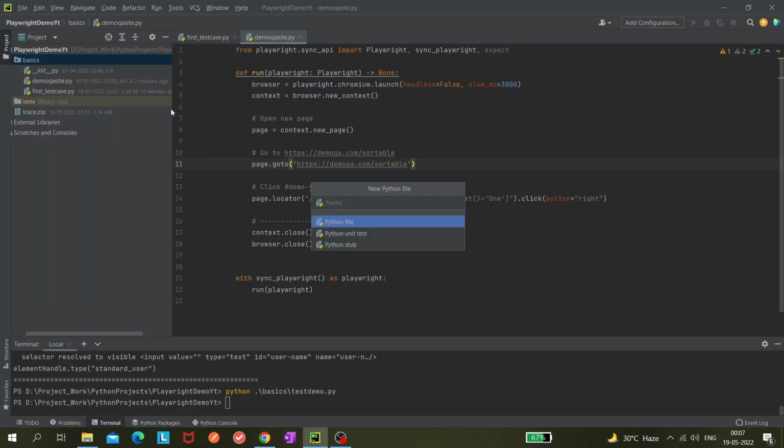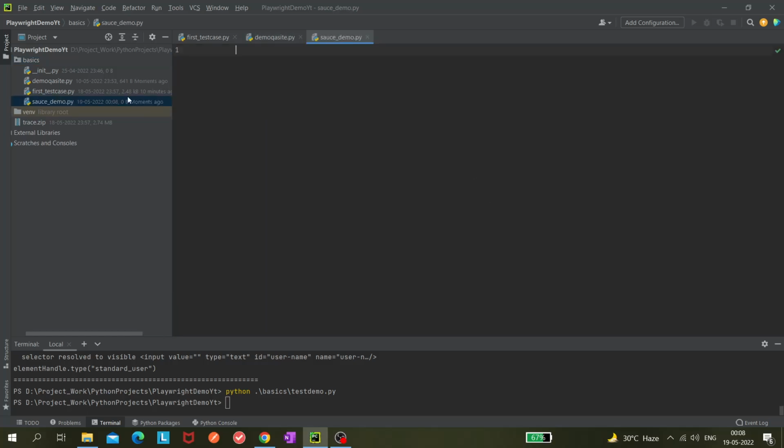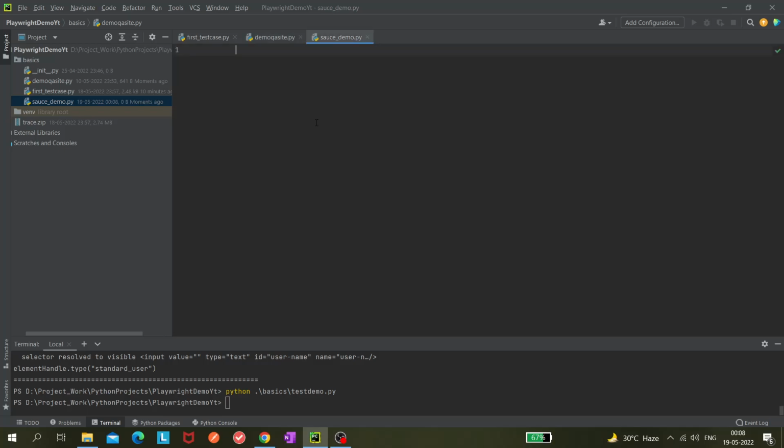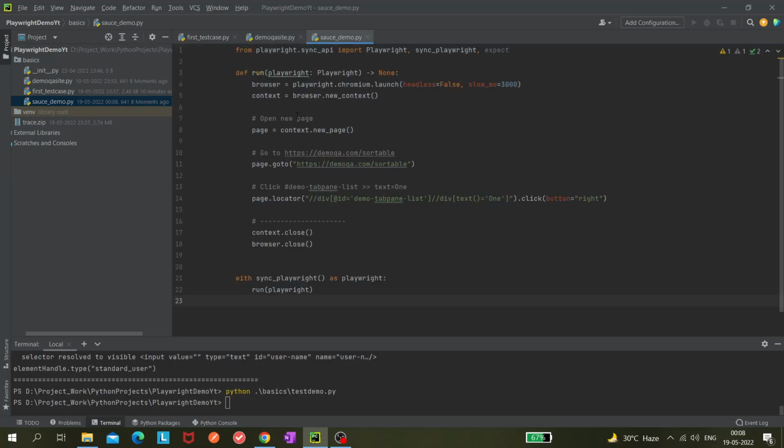Create a Python file, name it sauce_demo, and let's copy this template and paste it. We do not need all the things, so just remove these parts, like this URL and this part simply.